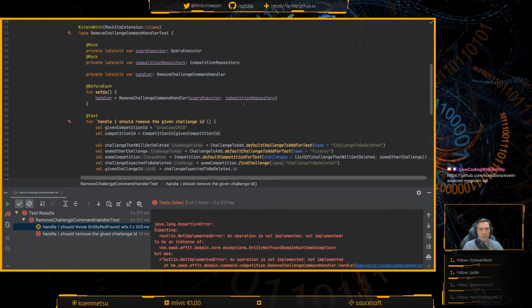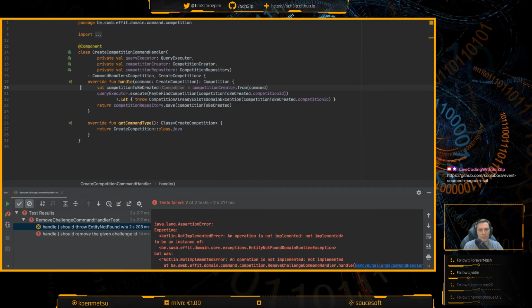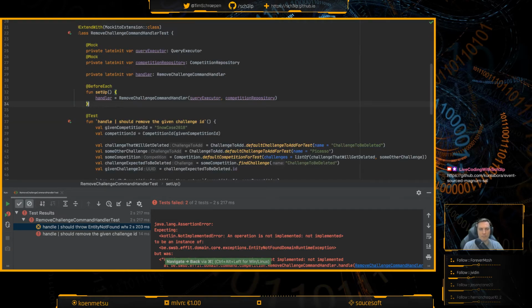See, and in that sense, it's kind of weird that we're using the query handler or the query executor to find a competition when I already have the competition repository there. But I guess that's just some decision I made. Right, so here it's a maybe. Okay.